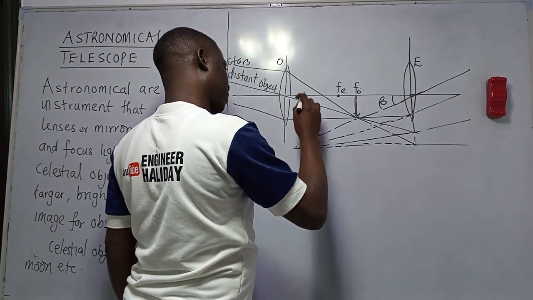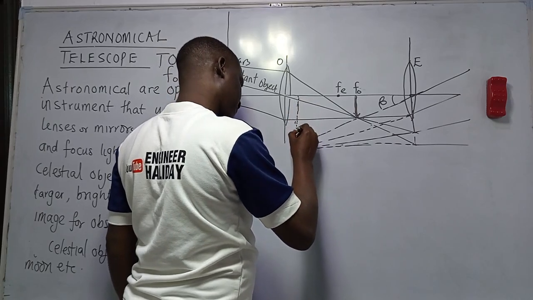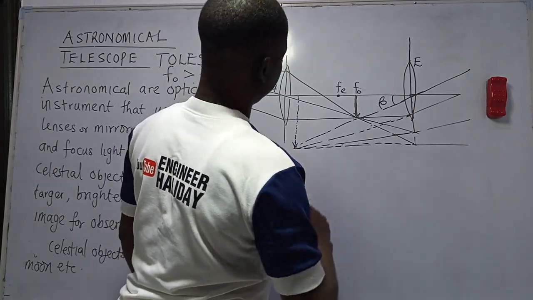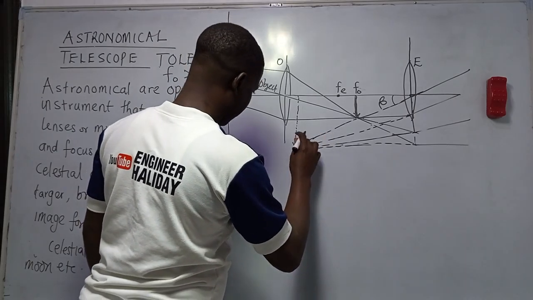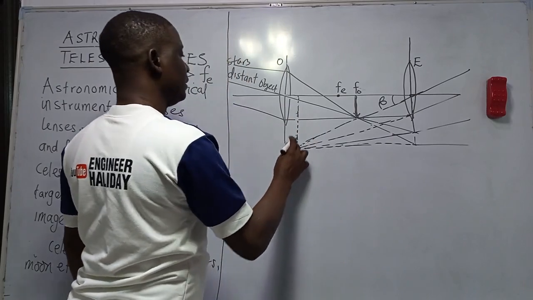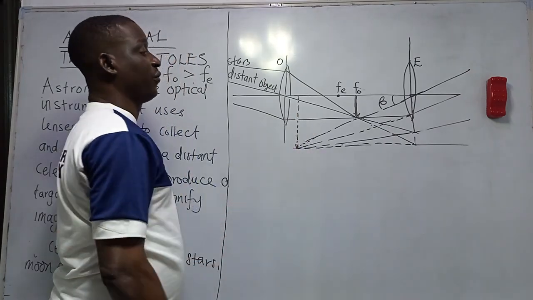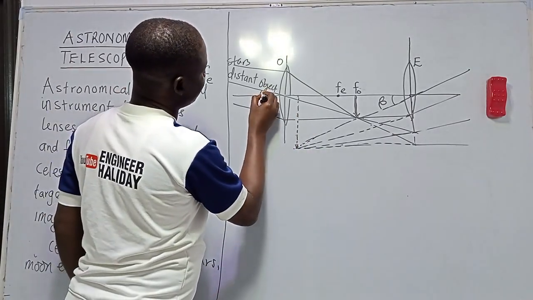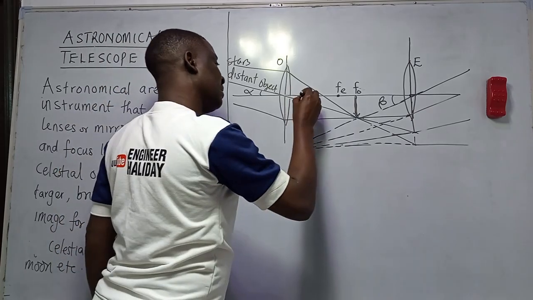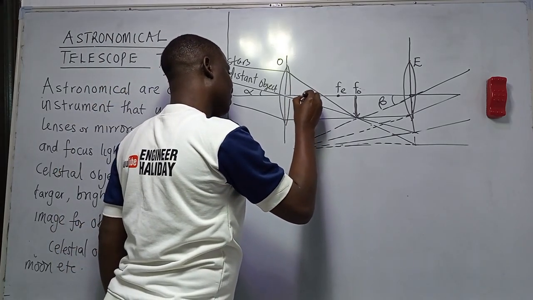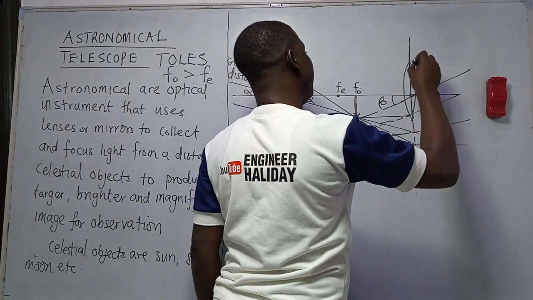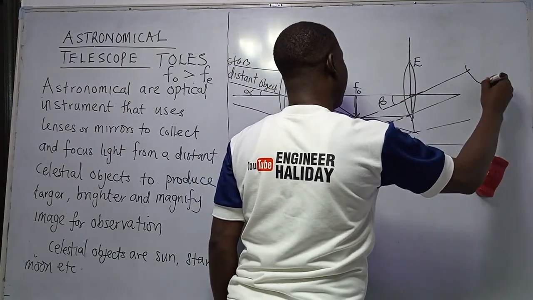So the image is formed here like this. This is the image, and this is a rough sketch. This is what we call the angle subtended by the stars, the distant object, and it is equal to this angle here. Now, this angle is subtended by the eyepiece, so the eye will be somewhere here